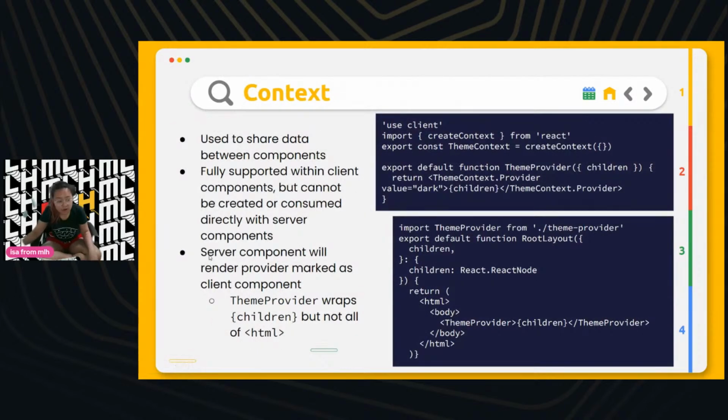Okay, moving forward, the next thing I want to describe is the context. I have a few examples here on the right, but basically context is what React and Next use to share data between components.